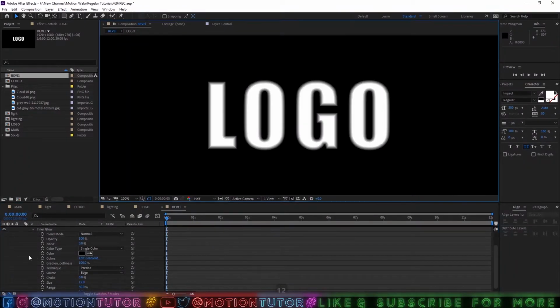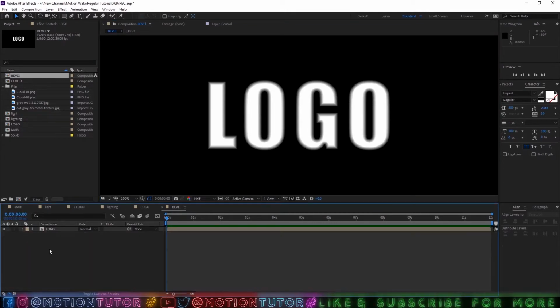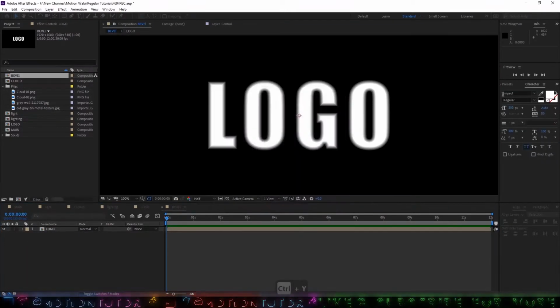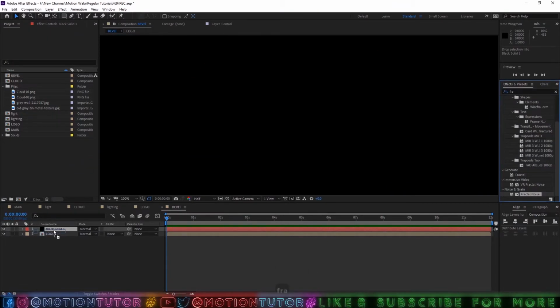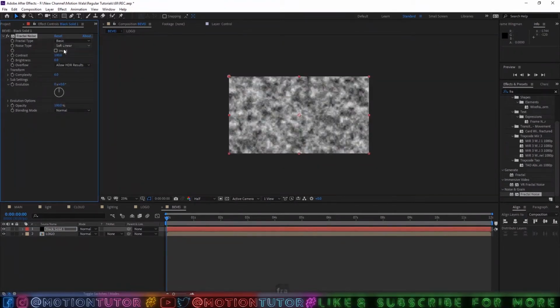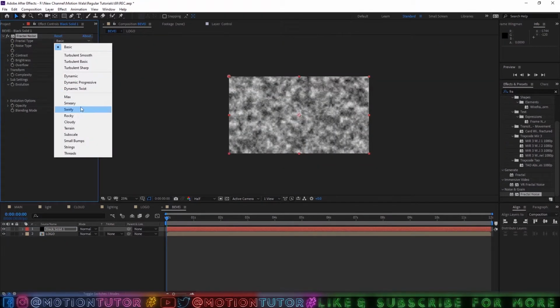And now after that you can create a new solid layer by pressing Ctrl Y and go to the effects and presets panel and search for fractal noise. So here is Fractal Noise, drag this here, and you can change the fractal type to